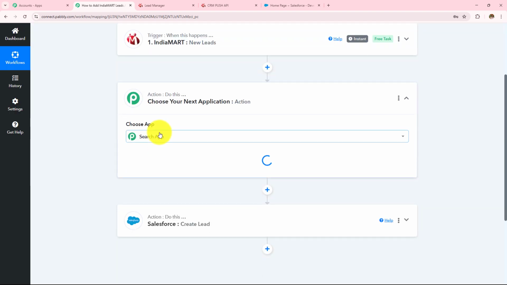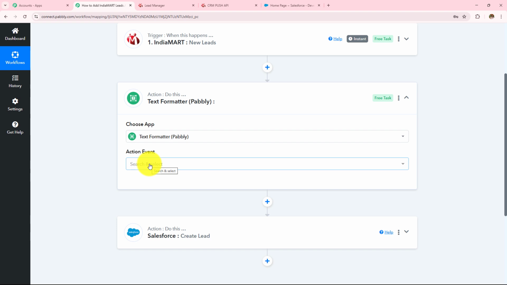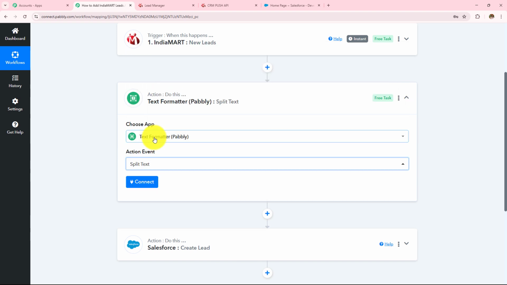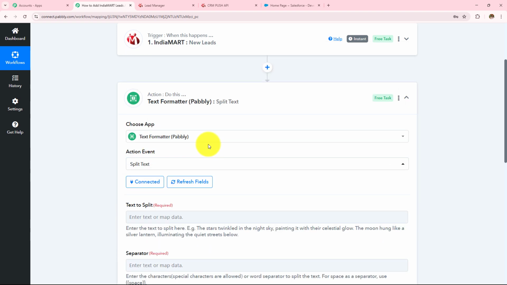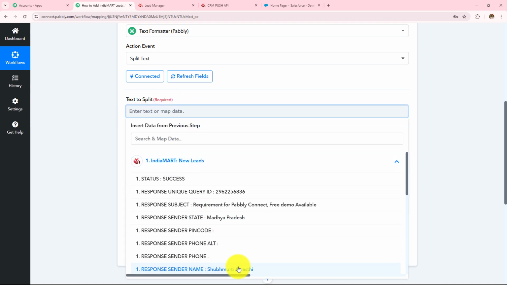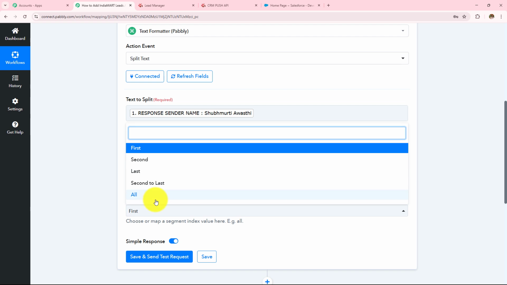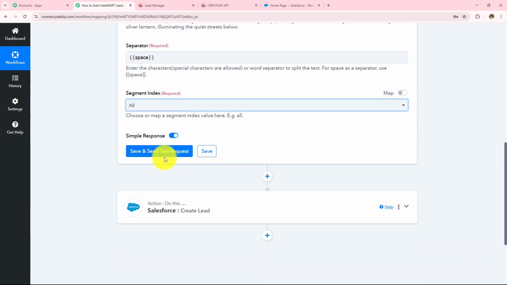Action step, and then I'm going to search for a feature by Pabbly, which is Text Formatter. And then in my action event, I'm going to select this as Split Text and then click on Connect. Now in this text to split, I want to split the name. So here, this is the name. And then in the separator, I'm going to select this as space. And then in the segment index, I'm going to select this as all and then click on the Save and